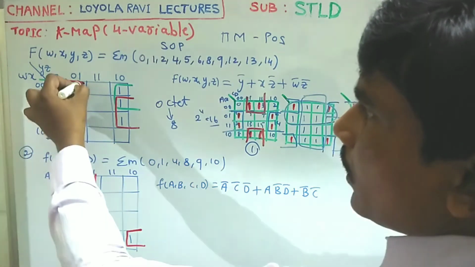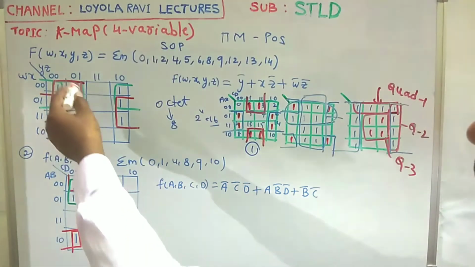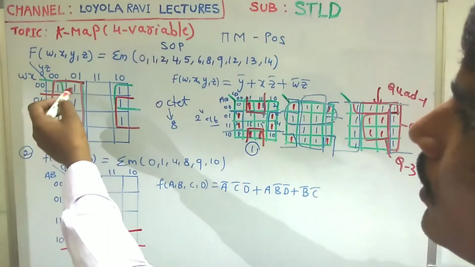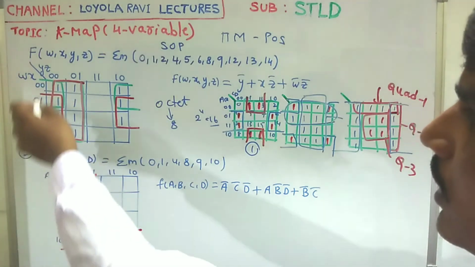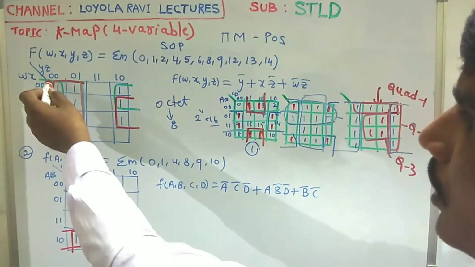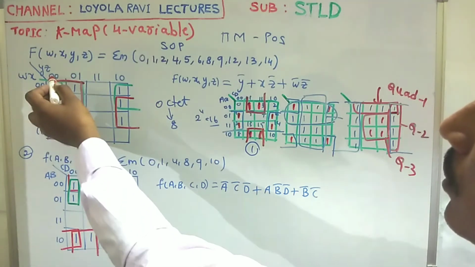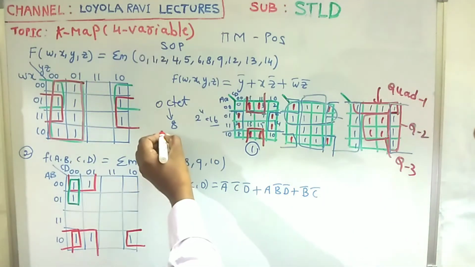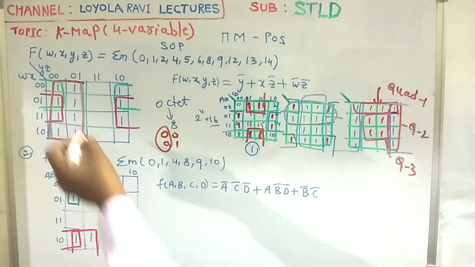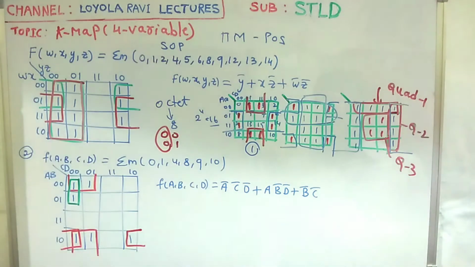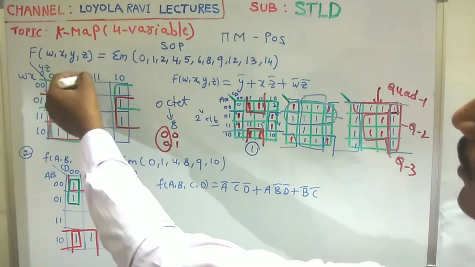This is one octet, 8 possible adjacent ones. Check horizontally, any common things there? 0 0 0 1 1 1 1 0. In those, is anything common? No. And check these two, where we have ones: 0 0 0 1 0 0 0 1. In those two, which one is common? 0 is common. Horizontally there is no common term in all the terms. That's why I am taking vertical terms.